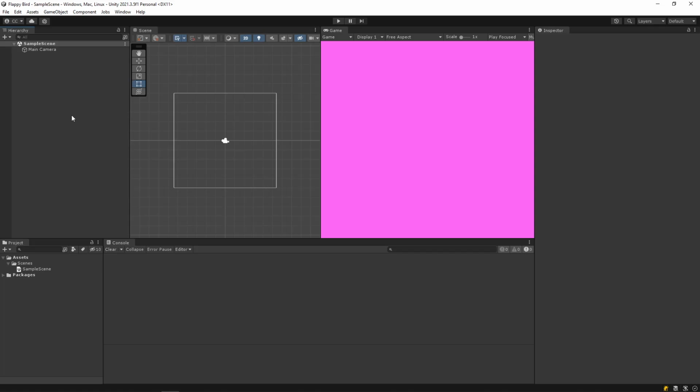And for demonstration purposes, I'm also going to be adding in a block that the player can stand on. So in order to add in new game objects, I want to hit this plus symbol in the hierarchy, go to 2D object, sprites, and I'm going to put in circle, and that'll be my player. I'm going to rename this to player.